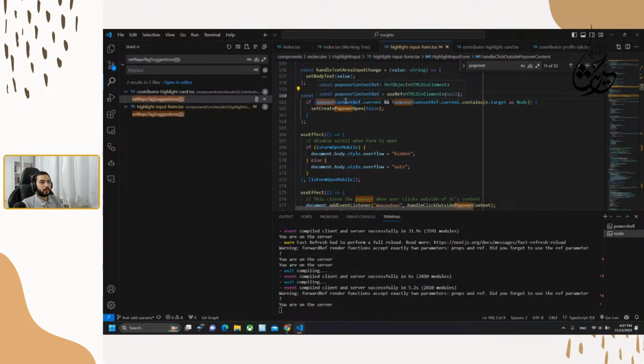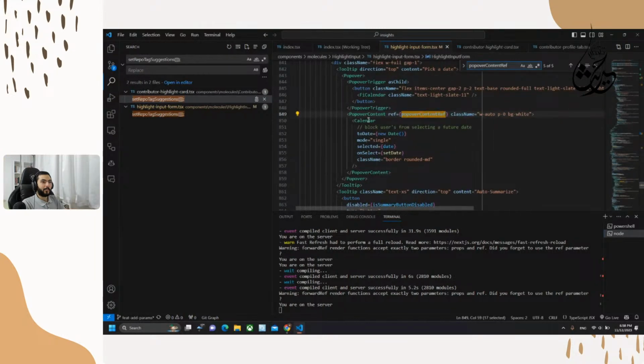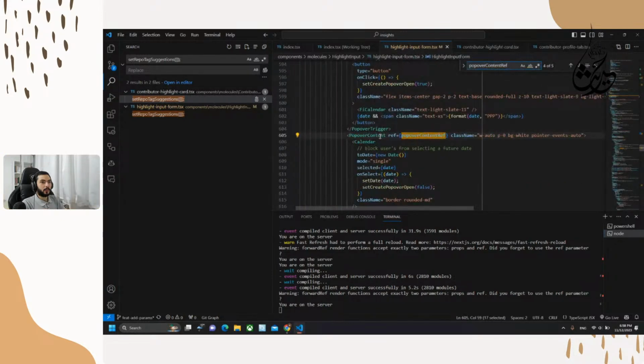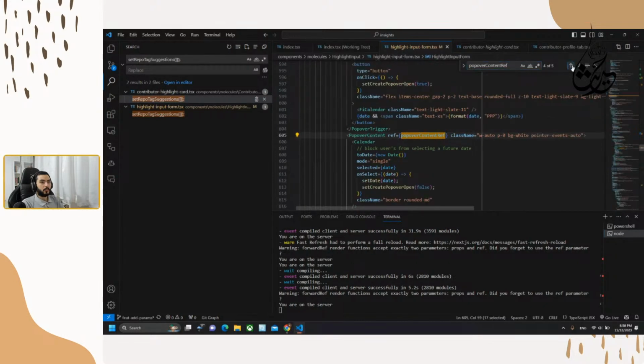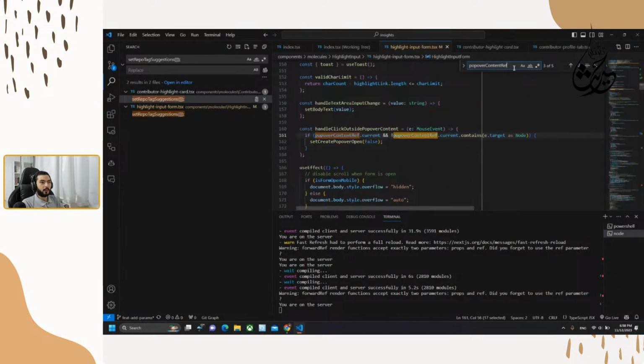Popover content. This is the calendar popover. We have two calendar popovers. So I think this is for the calendar one.